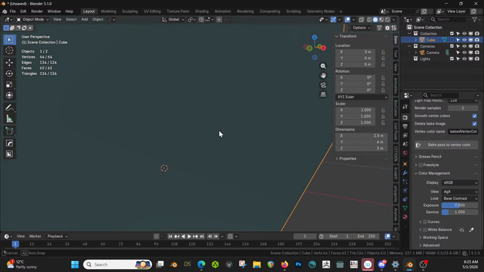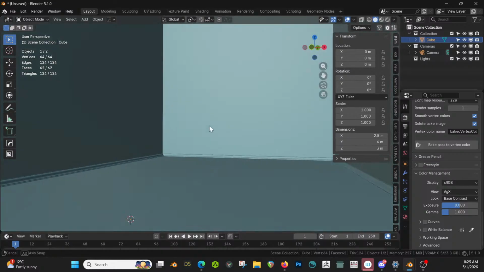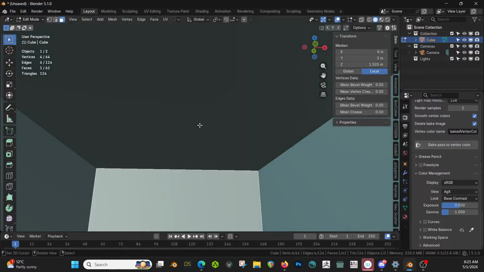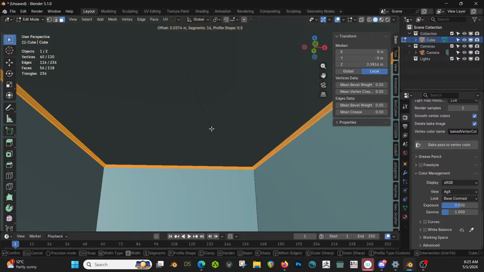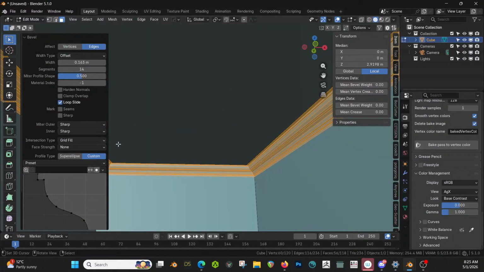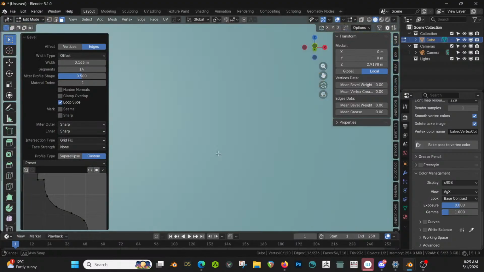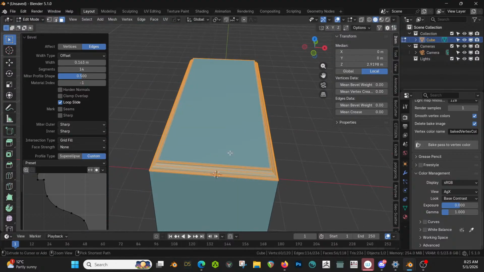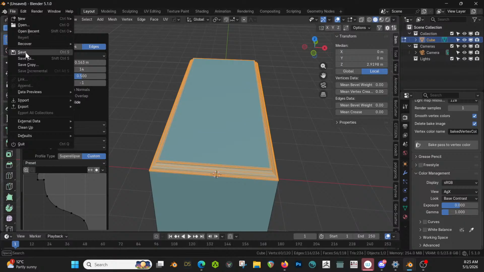Okay. Congratulations. We have floorboard molding now. Let's do the same on the ceiling. Go bigger on this one. Sure. We have ceiling molding. Yay. Let's go ahead and save as